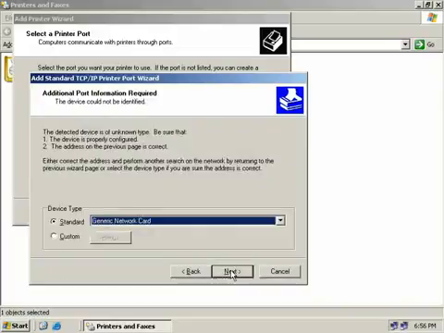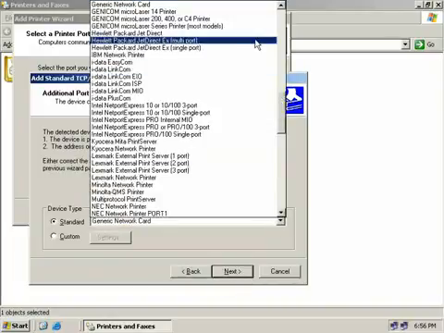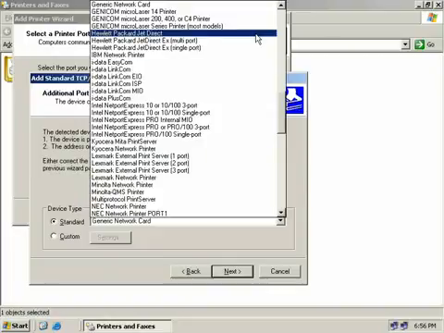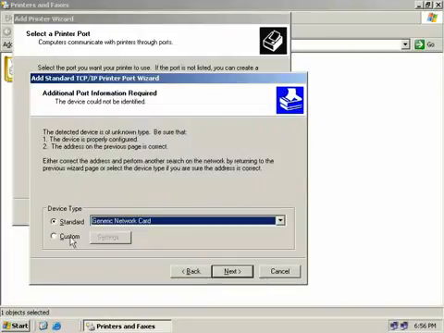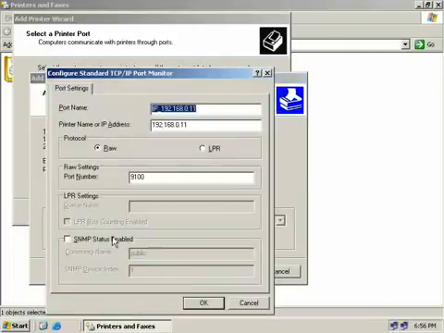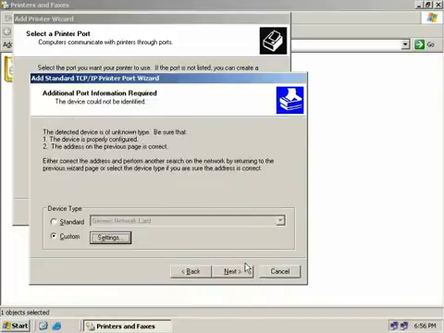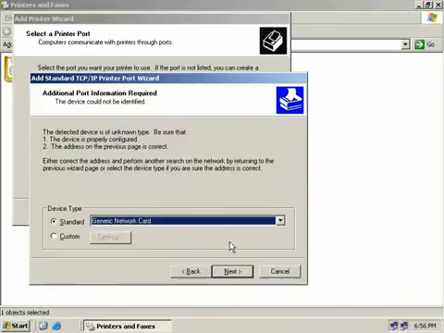Now because we don't actually have a physical printer connected, we get a message telling us that our network card couldn't be identified, but that's okay. Here you'll get to manually choose your network card from different vendors such as an HP JetDirect card and so on. You can also choose Custom and click on the Settings button to define your own printer port if you like, but for our purposes I'll just click Cancel and we'll leave the default as the standard generic network card. So we'll click on Next